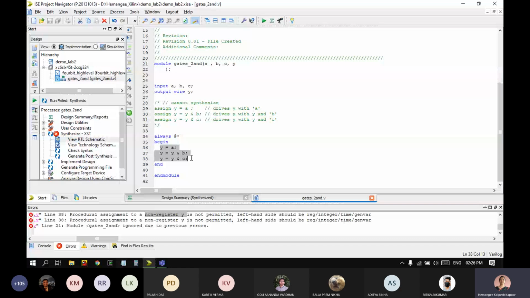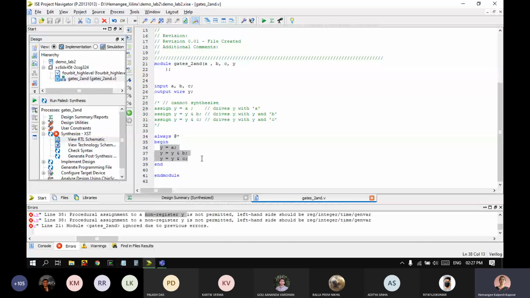And suppose that condition is not met, what should happen? The hardware has to remember the value of Y which was already there, because some value is there and the value is updated when the condition is met the next time. So if the condition is not changing, you have to keep on remembering the Y. So this Y has to be stored in the register.